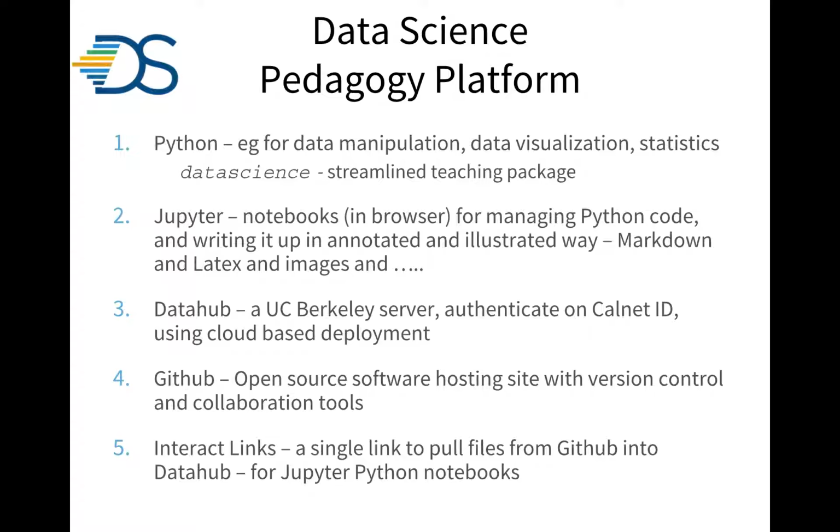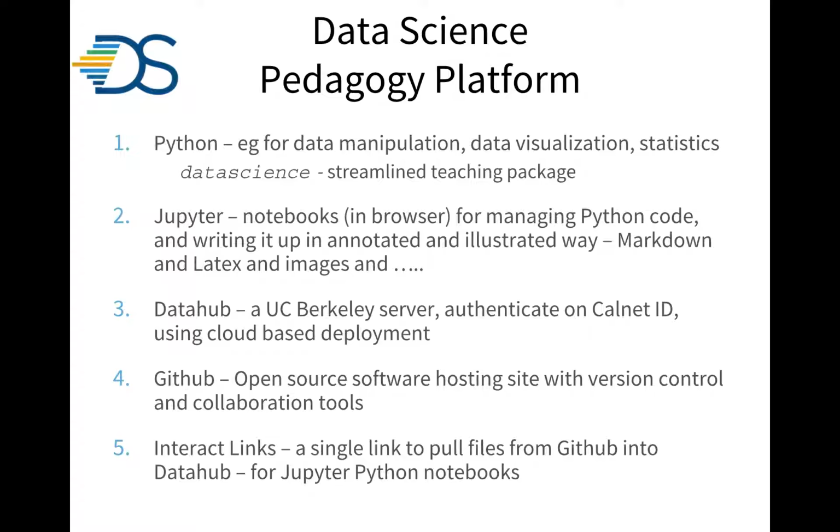There's a package. So Python is just a general language. And then there's packages within Python, which are sets of commands that do different things. UC Berkeley has a teaching package called DataScience. And we can get into that a little bit. It's simplified so that it's easier for people to learn. So it's like a simple package for students to learn, that was made for the Data 8 class. And a lot of the modules, we do it in this data science package because it's the most simple for somebody who's never seen Python or done any statistics before.